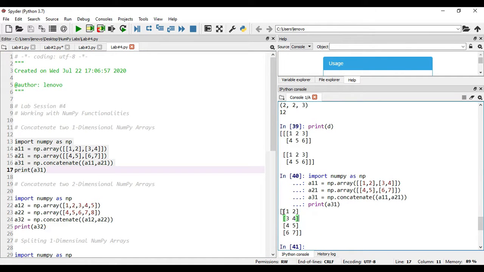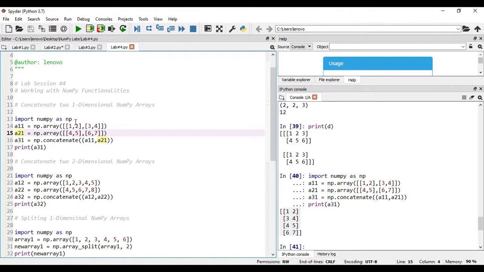Remember, you see all the elements are enclosed in the square brackets, means this has been considered as only one array, that too A31. Right? Means A31 is evolved with the concatenated values of A11 and A21. This is the way how you can perform concatenation of two-dimensional arrays.